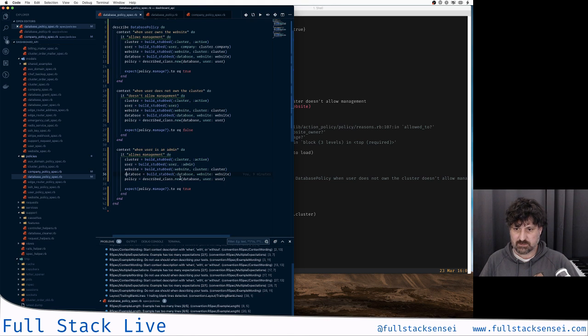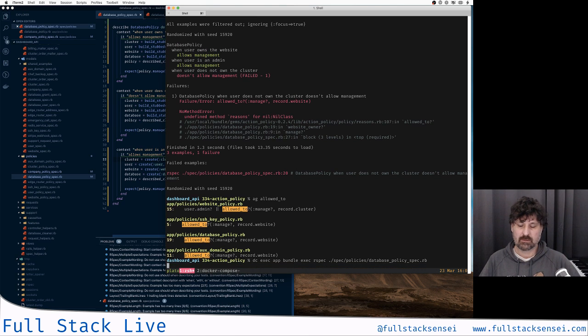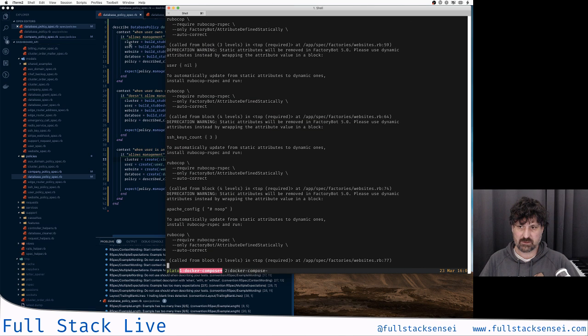Not sure if build stubbed is enough here, or if things change when we use actual create, because build stubbed does not get persisted to the database. And maybe it's just not enough to use build stubbed here. Even though it seems to work fine for the other two test examples, but